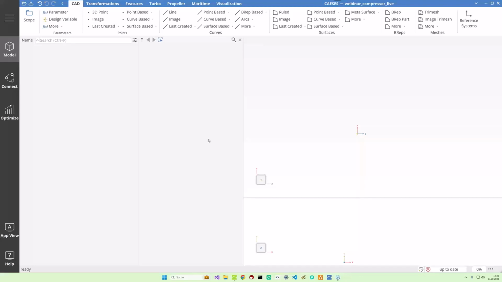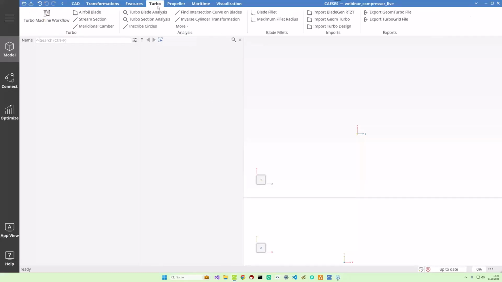Thanks for joining, and I will try to demonstrate how to create a main blade for a compressor. It's basically based on our example file, so you can also have a look into it in depth inside CAESES. First of all, we go to the Turbomachinery workspace, and as Matthias said, we create the design process by using the Turbomachine workflow. So I click here. We can call this, for instance, compressor,